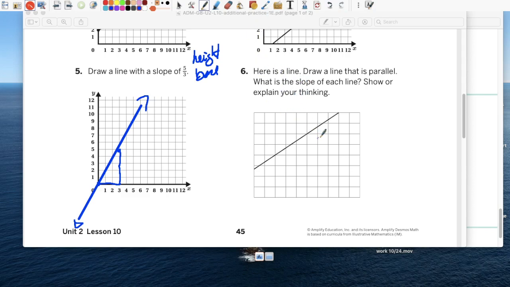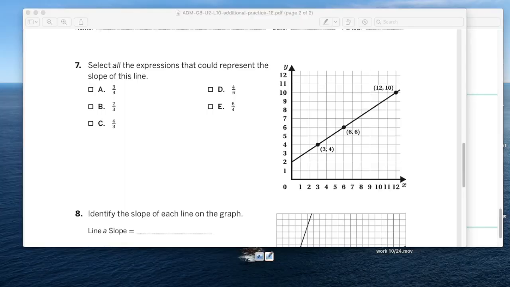Draw a line that's parallel. I'm not going to draw lines parallel because I'm going to tell you right now if the 2 lines are parallel, guess what? Their slopes are exactly the same. So let's find the slope. Let's pick 2 points. This one is okay. It's on the intersection, and this one is okay. It's on the intersection. Definitely don't pick this point, that would make no sense. Or this point right here. We wouldn't know what its value is. But intersection is okay. Base is 3. Height's 2. So what's the slope? Slope is 2 over 3.